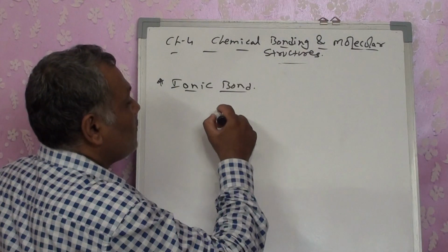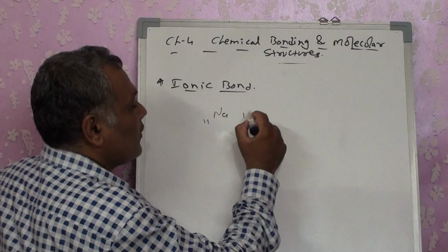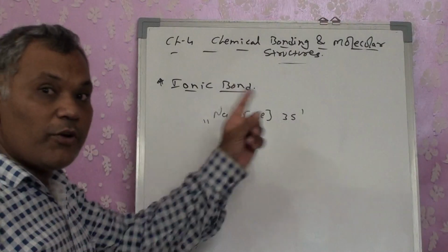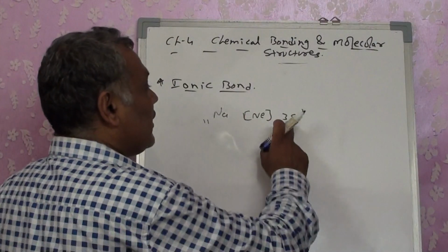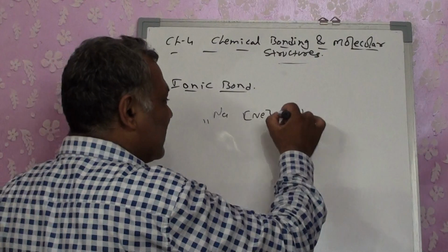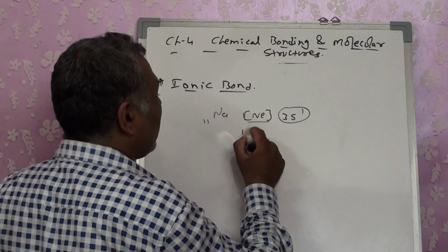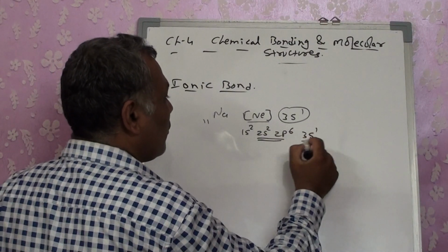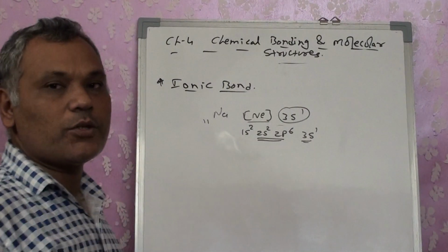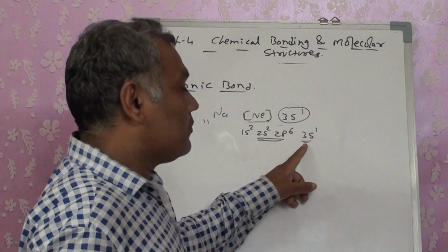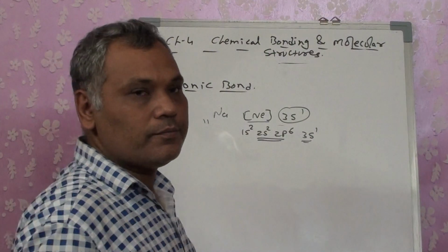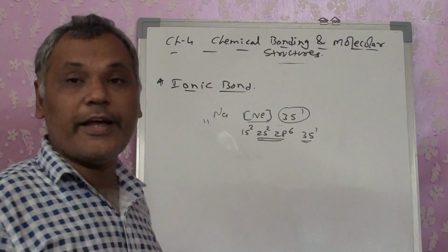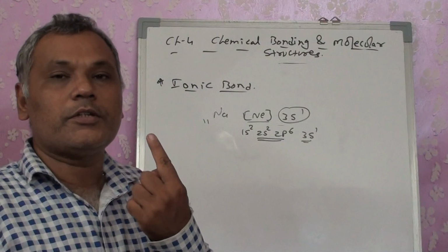Right? Now sodium has atomic number 11, neon 3s1. If it wants to complete its octet, it needs 7 electrons, or if it donates 1 electron, it will get an inert gas configuration. By donating this electron, it can get an inert gas configuration. So either 7 electrons have to be gained or 1 has to be donated. Now why can't it share? It has only 1 electron in its outermost orbit.